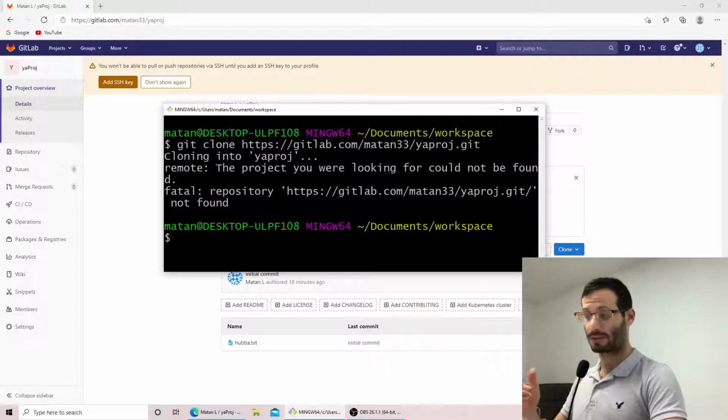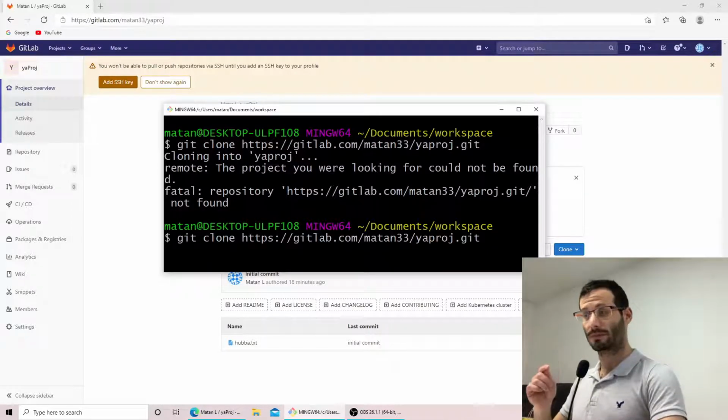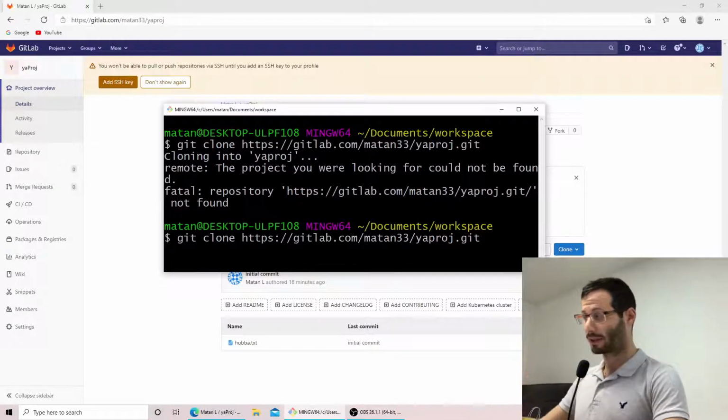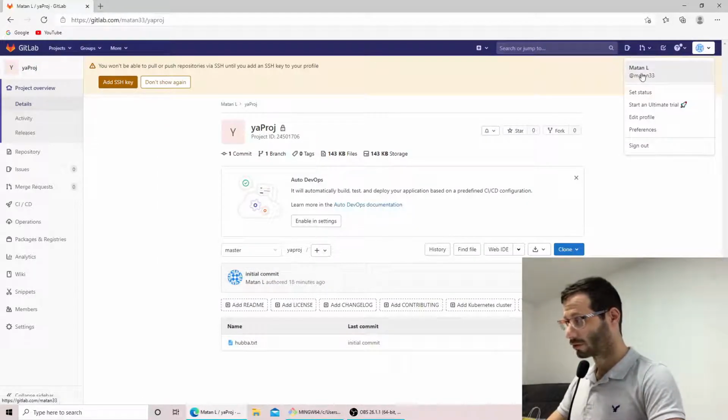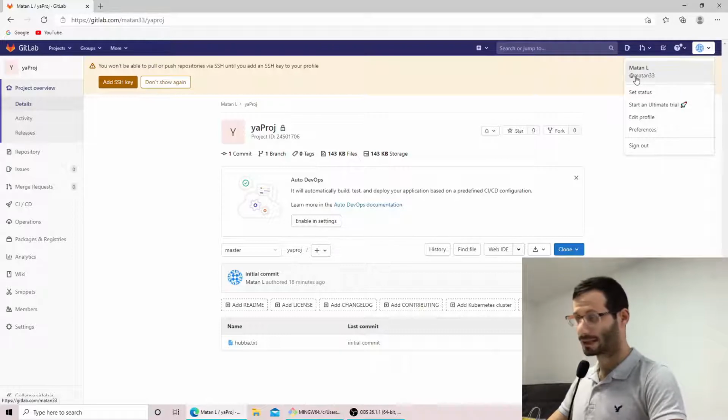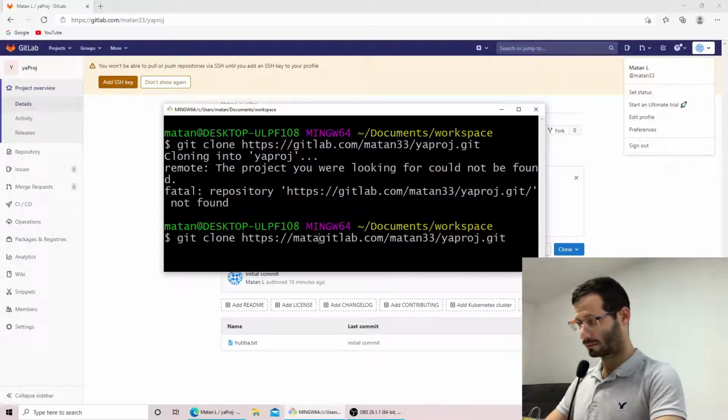So it's quite simple actually. All we have to do is add our username right before gitlab.com. And the username can be found here on the gitlab.com website. For me, that's my username. So let's add it. And then the @